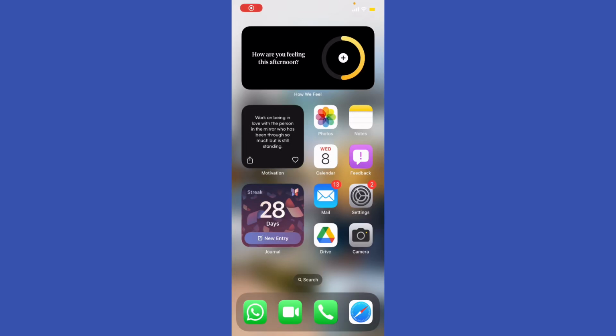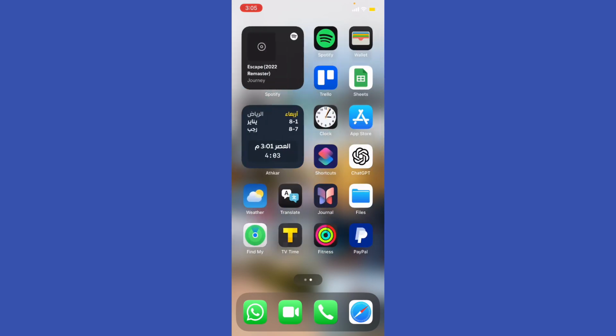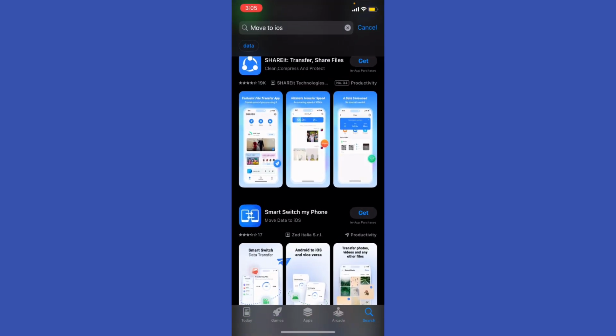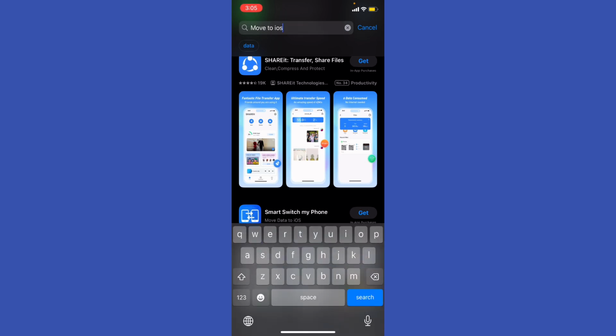If you are using Android, here's a step-by-step guide on how to transfer your chats from Android to iPhone. There are two ways that you can do this. You can use the Move to iOS app from your Google Play, basically. So go and search for Move to iOS and start the process of moving your information